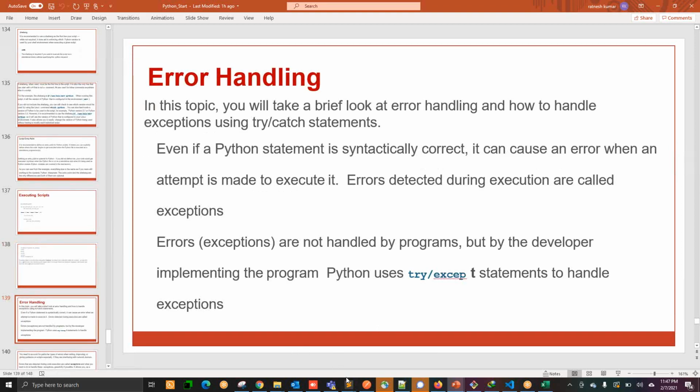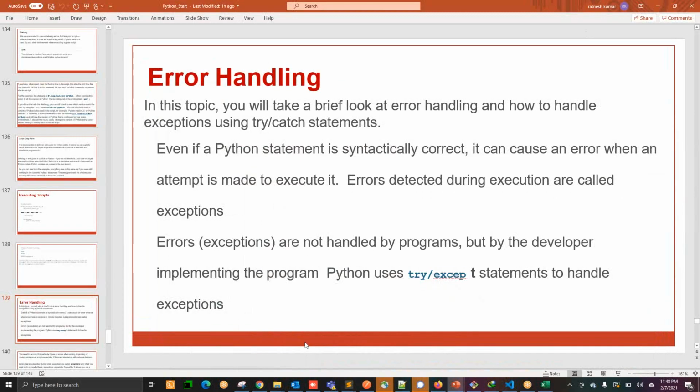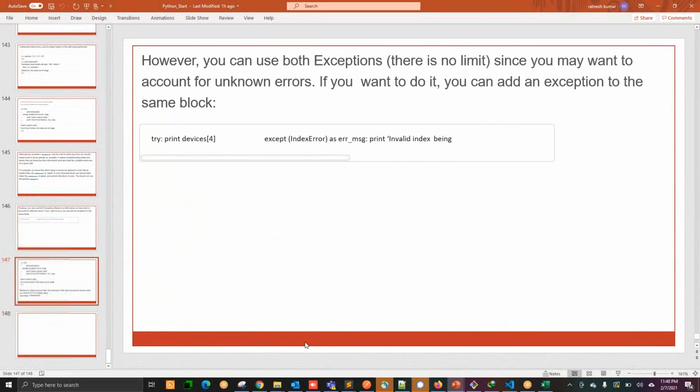Finally, we have error handling. In our program you can see that we have error conditions and error handling methods. Try and except are the error handling methods. You can even use try, except, continue, and try, except, pass, etc. So those keywords are there. You're running a condition, and if you have some exception, some error, how you will handle it, that is also a good thing for a professional programmer, how they put error handling code inside the program. Okay, exceptions and the error handler, that's it.